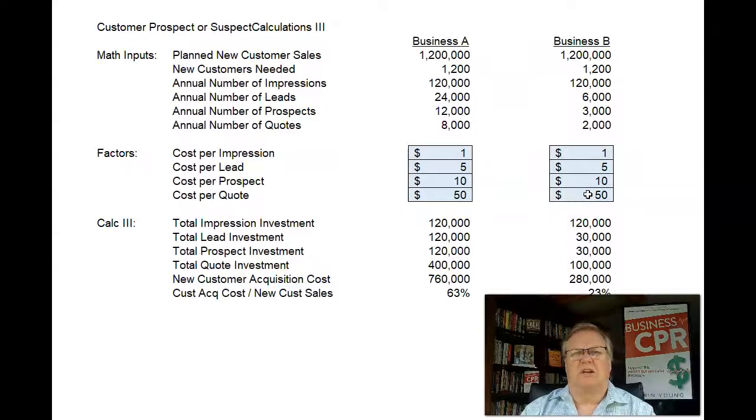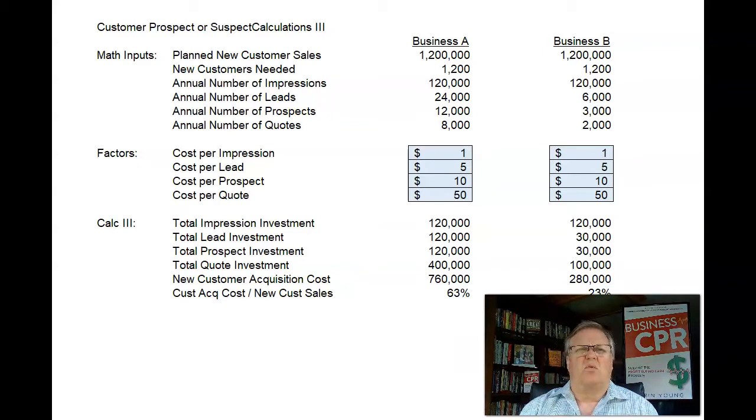Now let's look at the differential in the costs. So we're holding the cost the same, and so as a result, the impression investment is the exact same thing. But notice how significantly the conversion costs drop off because of the emphasis on spending time on people who are legitimately in the market for what you do. So the power of separating prospects from suspects lies in improved use of resources and reduced wasting of time and